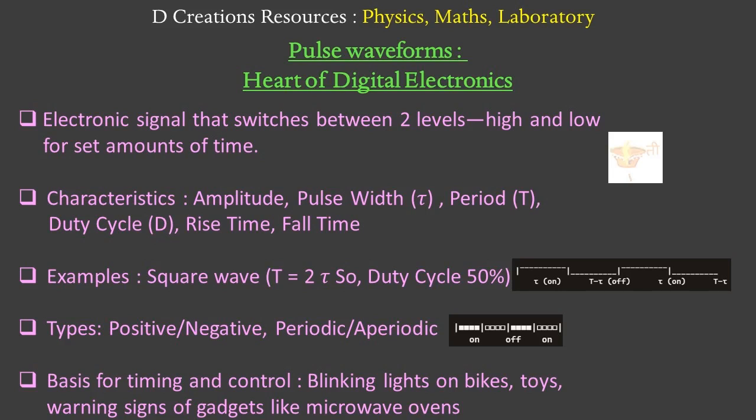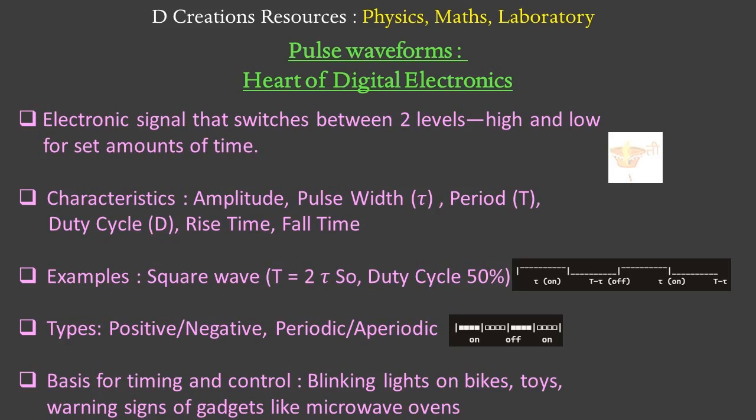We are looking at different concepts, and today let us discuss a concept from digital electronics. The name of the concept is pulse waveforms. So what are pulse waveforms? These are electronic signals that switch between two levels. One is high and the other is low, or you can say one is on and the other is off, for